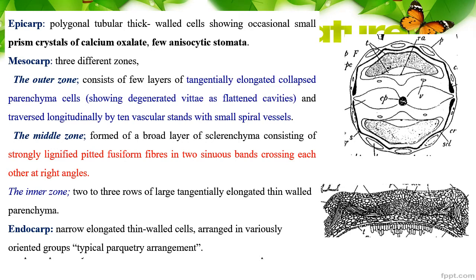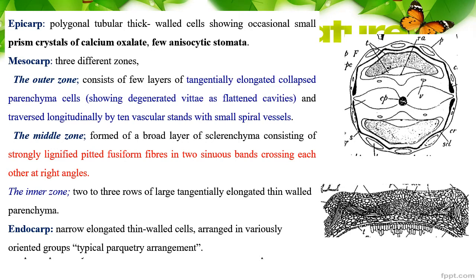The second zone of the mesocarp is formed of a broad layer of sclerenchyma consisting of fusiform strongly lignified fibers. This layer is arranged into sinuous bands crossing each other at right angles. So we have this cross layer of sclerenchyma or fusiform fiber layer. Here is an enlargement of the fusiform fiber, here one direction and the other,